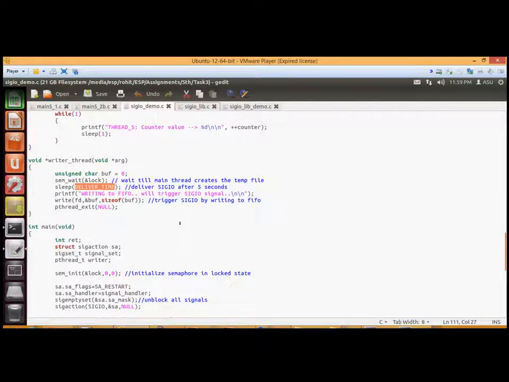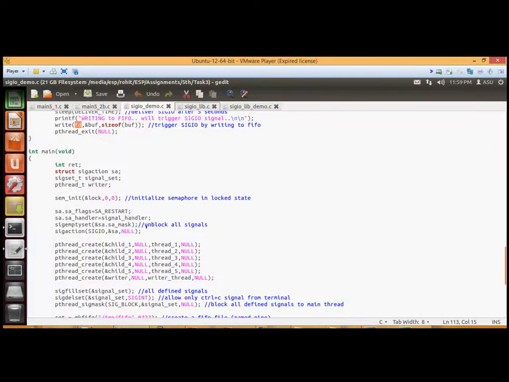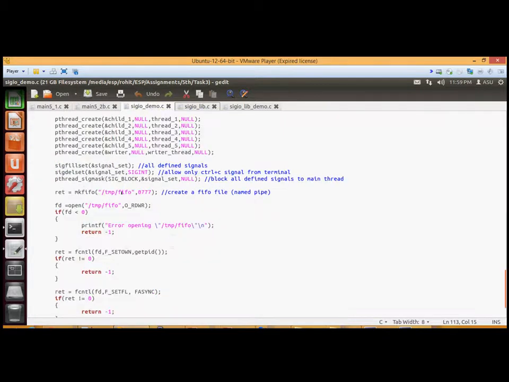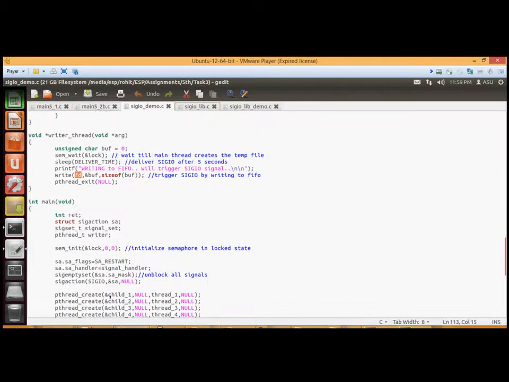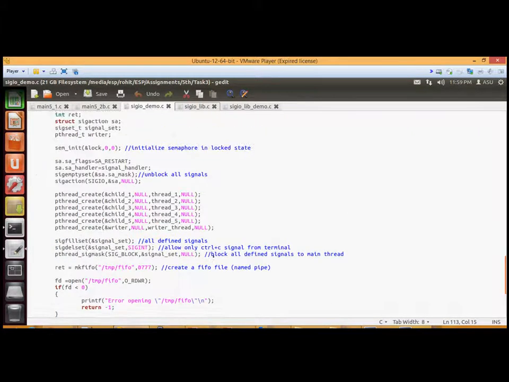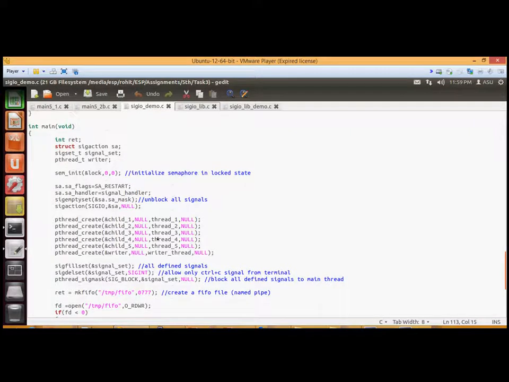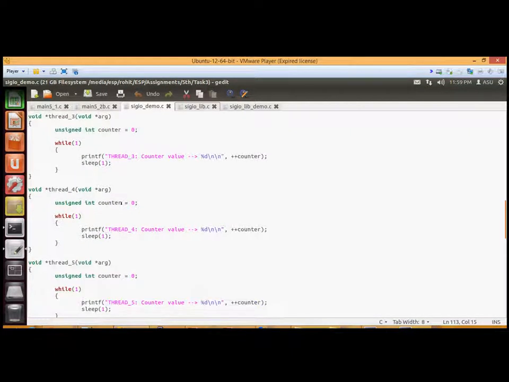Now after sleeping for 5 seconds, it writes some arbitrary data into the FIFO file, which will in turn trigger the SIGIO signal. Since the main thread has all the signals blocked and the child threads 1 and 2 also have the signals blocked, when the SIGIO signal is delivered, it will be delivered to either thread 3, 4